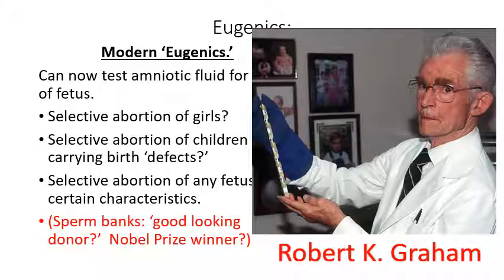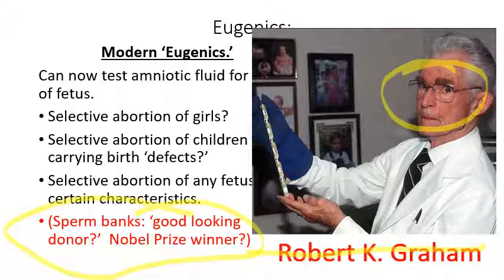This is the guy here. His name is Robert K. Graham. And he started a sperm bank that contains sperm from only Nobel Prize winners, right? He was a multimillionaire because he invented plastic eyeglasses. He was an optometrist who invented plastic eyeglasses. So if you're wearing plastic eyeglasses right now like I am, you've probably contributed some money to this man's estate,